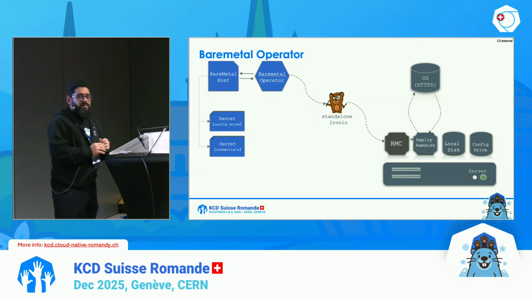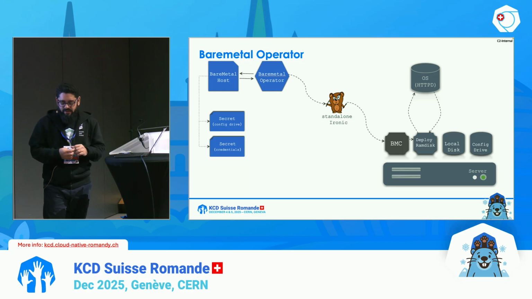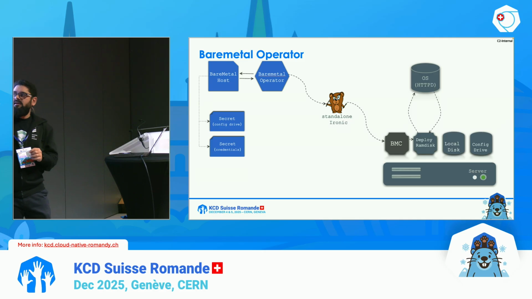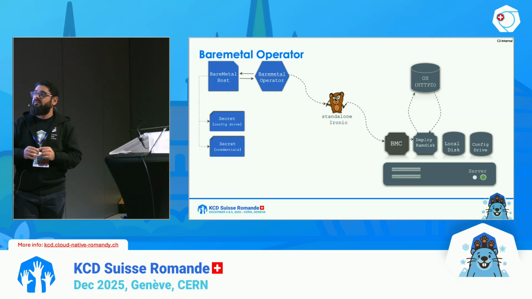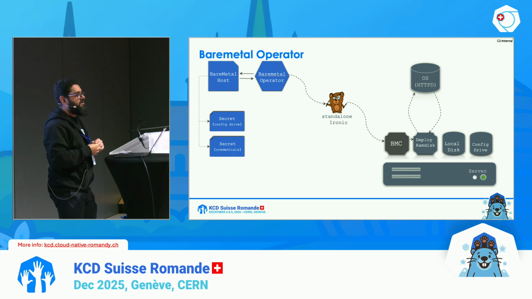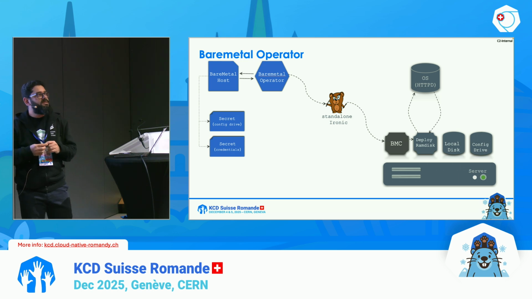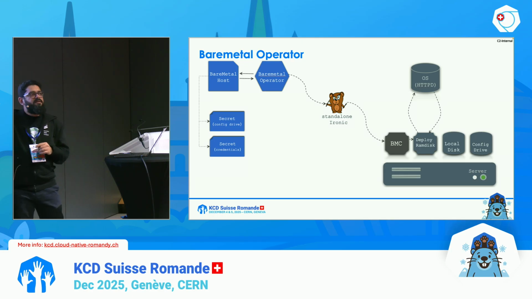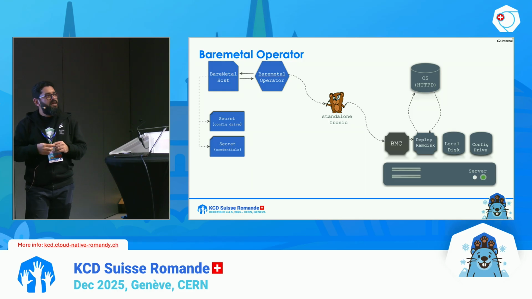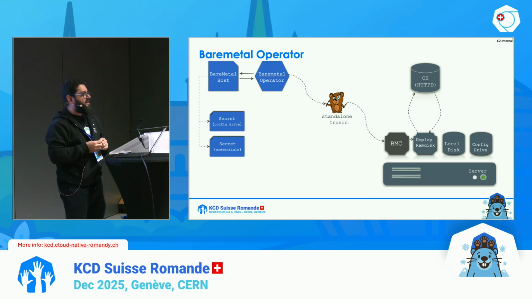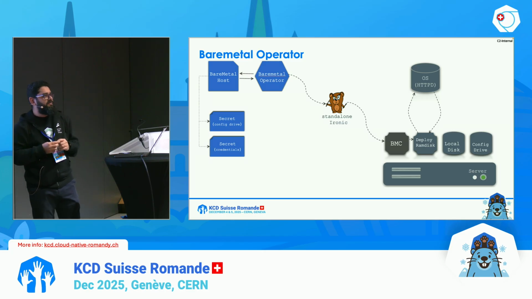And a few words about the bare metal operator, because I have mentioned it so many times here. As I have said, on the left side of the picture, it is reconciling the objects. You have given the baseboard management controller address and the secrets and all the requirements that are needed for the bare metal operator to manage this bare metal server. And then it interfaces with Ironic, OpenStack's Ironic, and you don't need to bring along Ironic when you are deploying MetalCube. It is deployed as part of the MetalCube stack, and it is being managed by MetalCube, so you don't need to worry about interfacing with it.